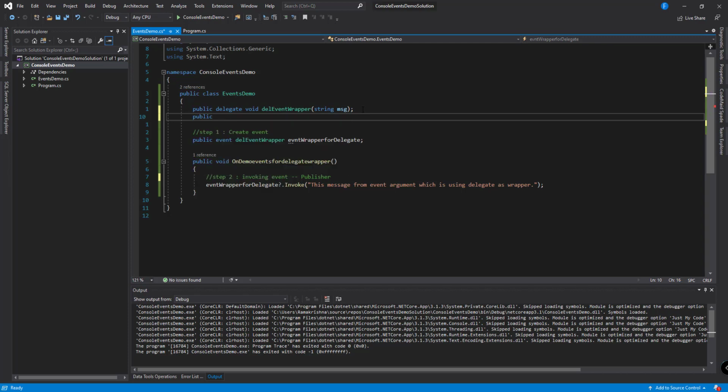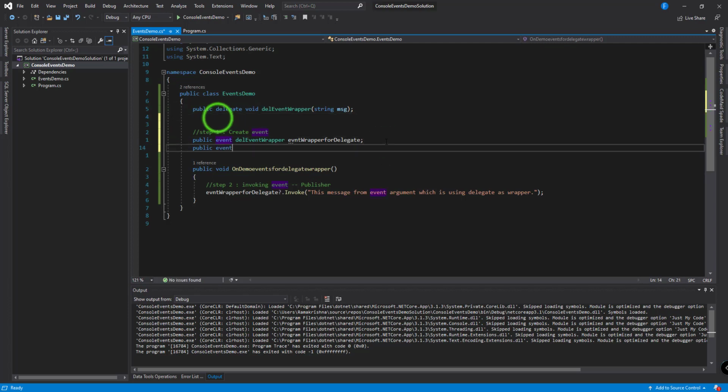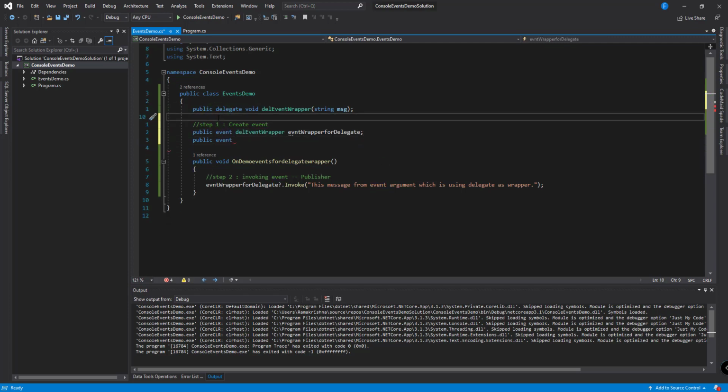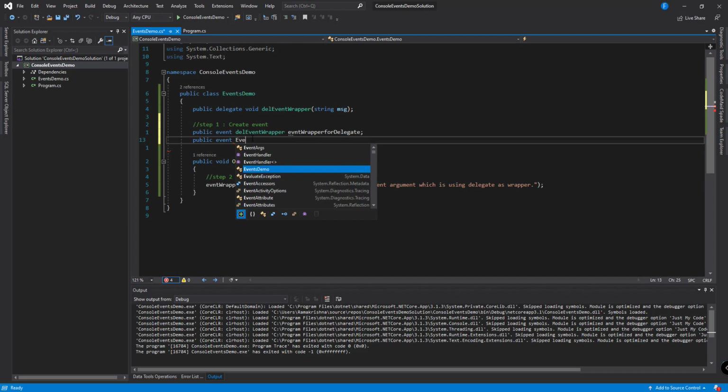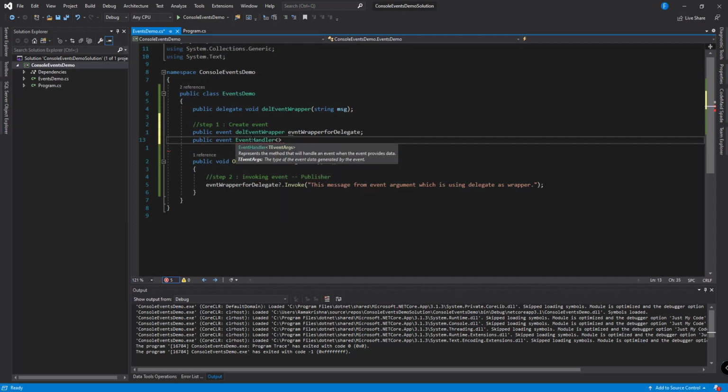Public event, let me place it over here. Instead of giving a delegate name, we will give EventHandler here, with type string, because I will have one input parameter that we are going to use. So don't worry about that. I will be sending an input parameter argument as a string.